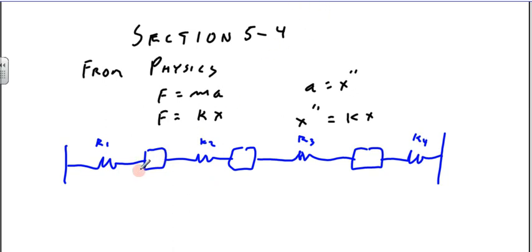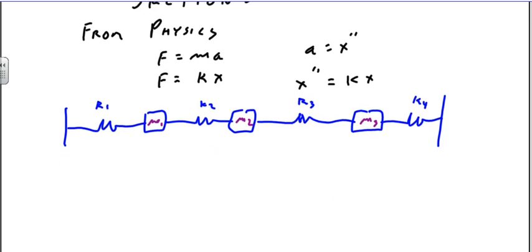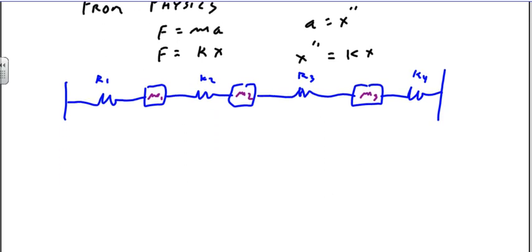And we have an M1 and an M2 and an M3 for the masses. And we can put an M here. M second derivative is equal to kx. Okay, now that being the case, then we've got some